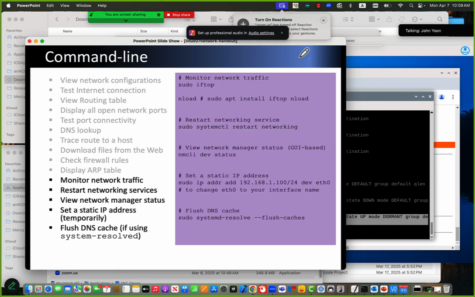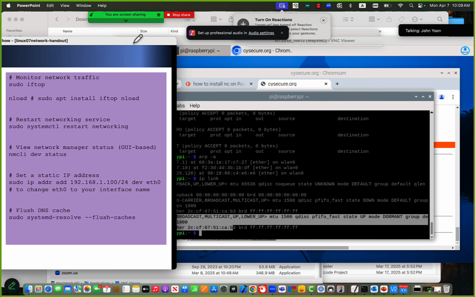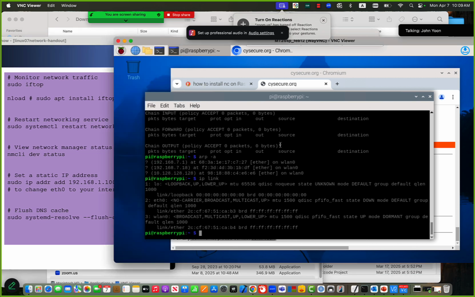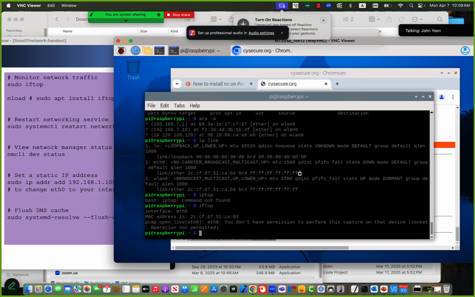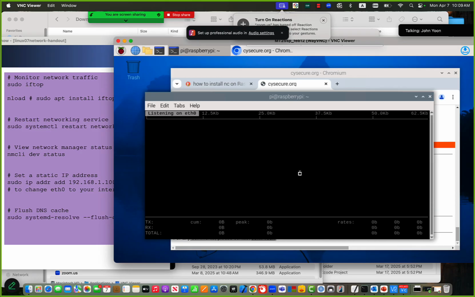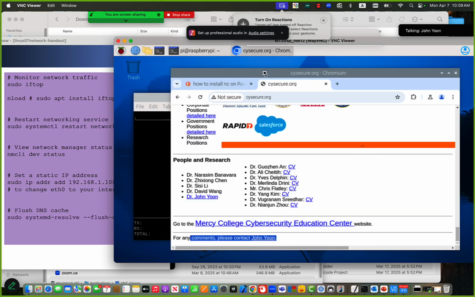Okay, now monitoring network traffic. iftop. We can run iftop. It still needs sudo, so we can do sudo iftop. Then, if there are some networks,